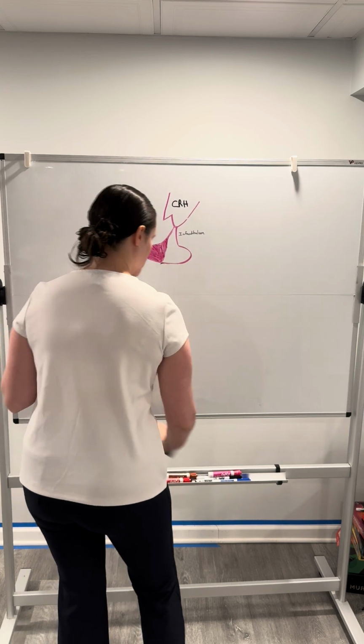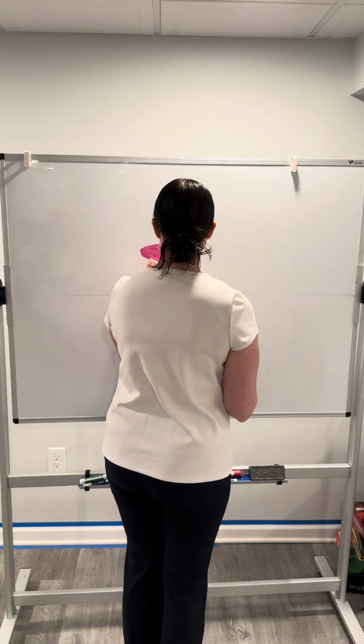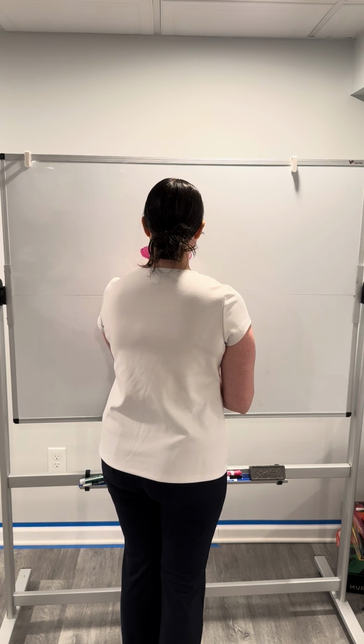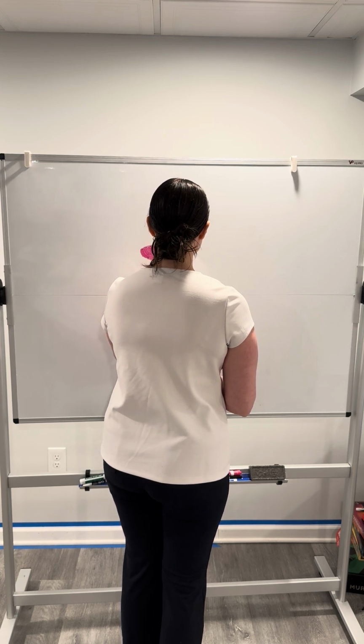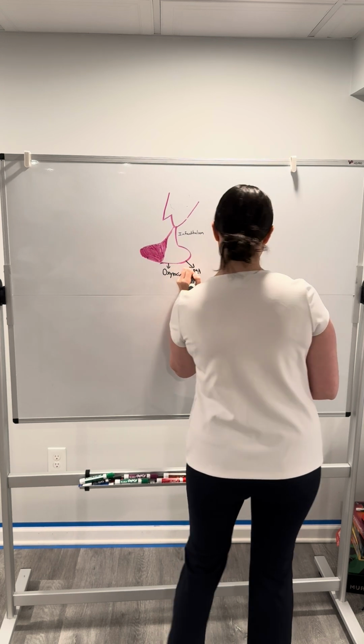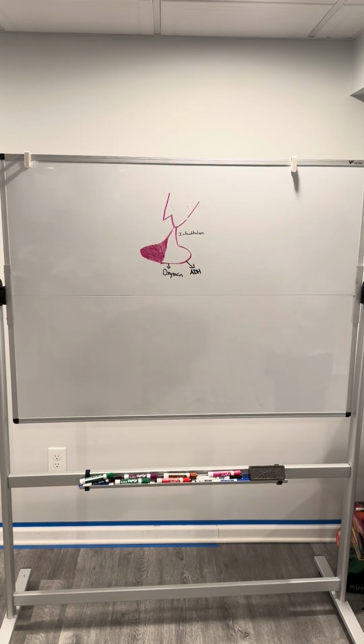Just erase all of this. So this secretes, let's erase this too, oxytocin and ADH, antidiuretic hormone. Okay, so oxytocin we talked about a little bit. That is released